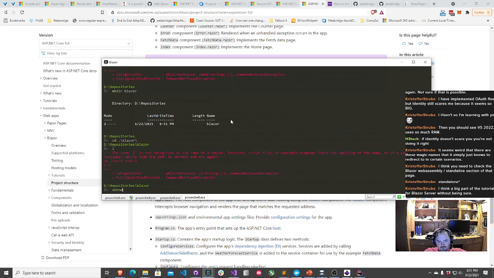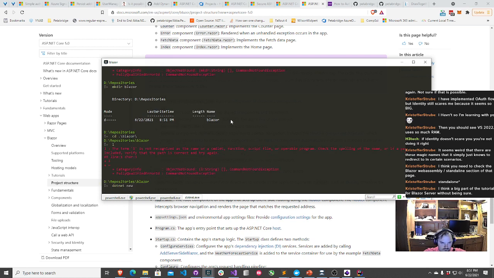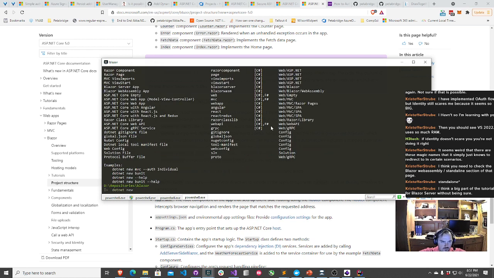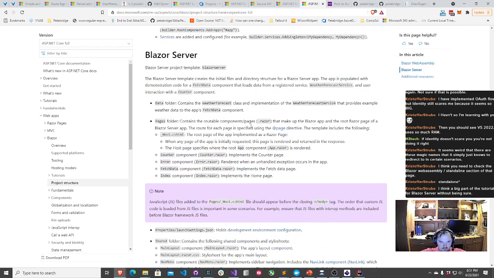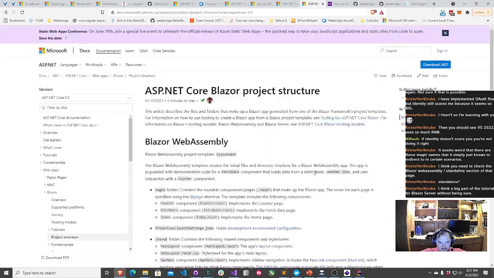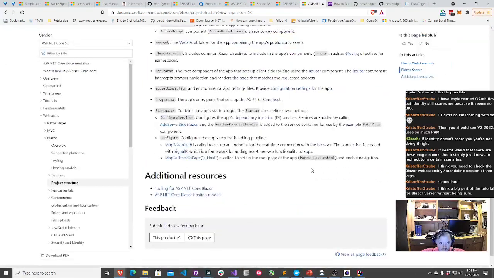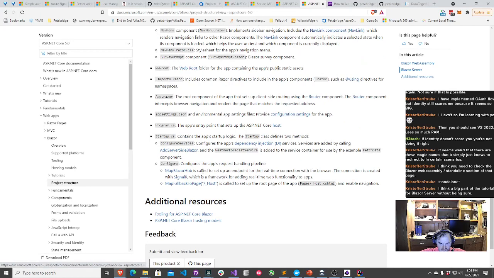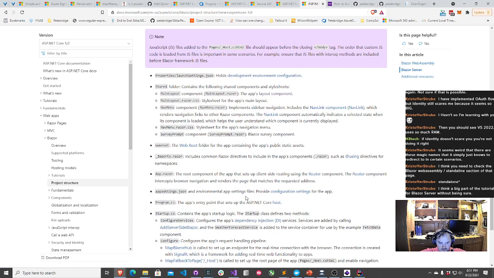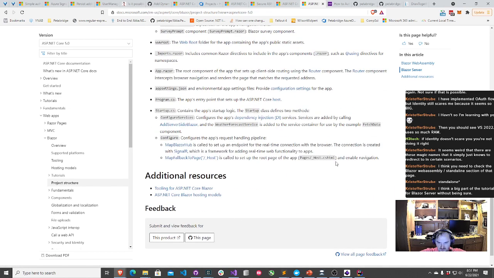All right. And let's see, let's go ahead and do a Blazor server app. Configure services, server-side Blazor. Comes with app.razor, imports.razor. This is basically what we created.